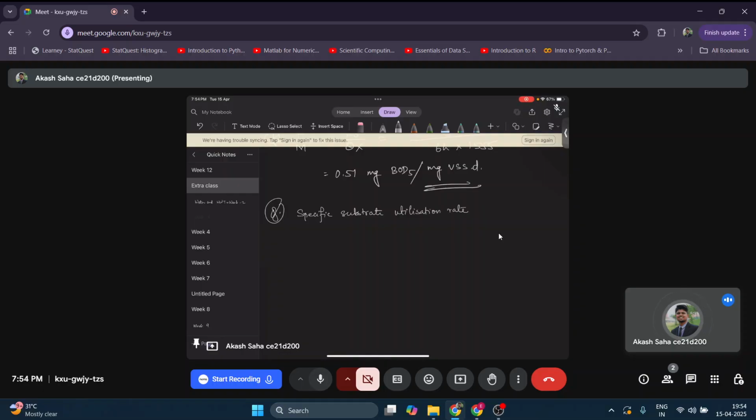Okay, it's nothing but Q, which is given by 1 by x ds by dt, and it is also equal to minus k s by Ks plus s. So this is from the Monod's equation. Okay, so my ds by dt will be,